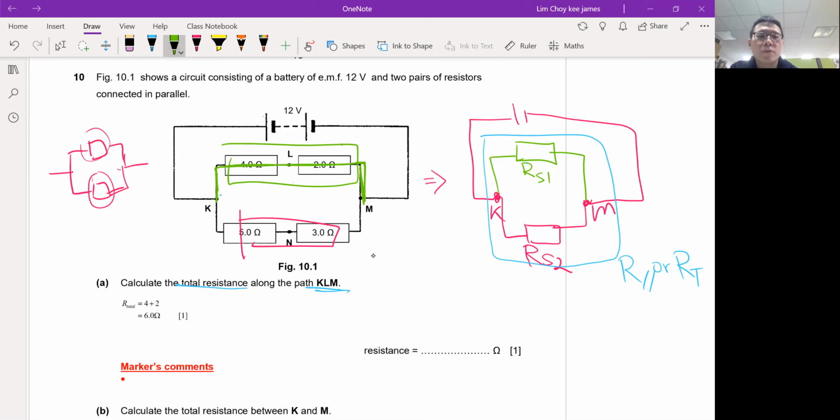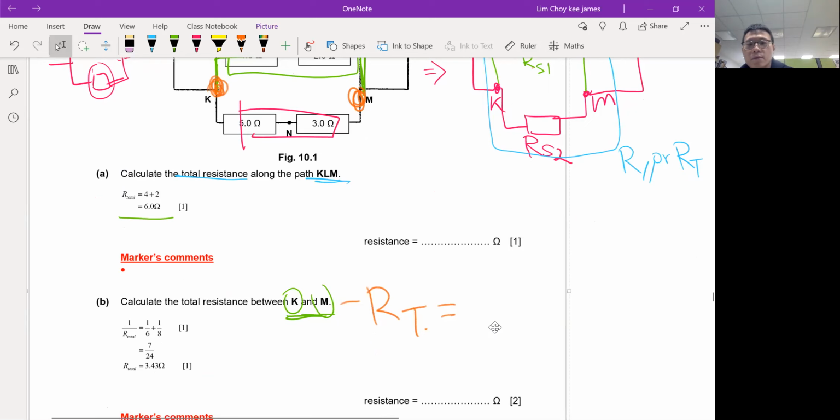The total resistor will be RS1 and RS2. So I will say RT is actually what happened? RS2 and RS1. Okay, so it will be 1 over